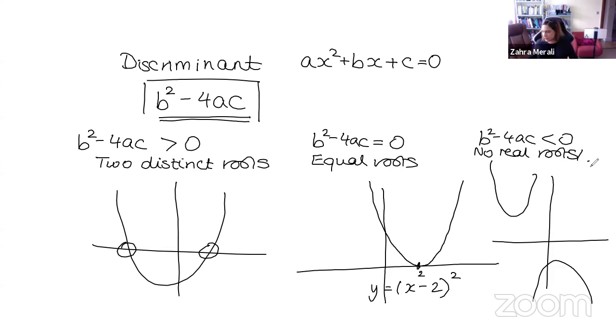So those are the discriminants. It's not that we call them equal roots. We don't really call them one root, because it's still two; you could write it as two brackets. So the kind of questions you would get involving a discriminant, if I take a past paper question, it would